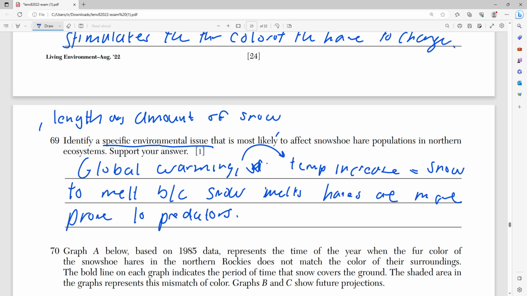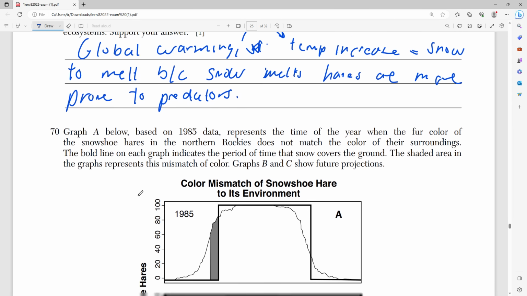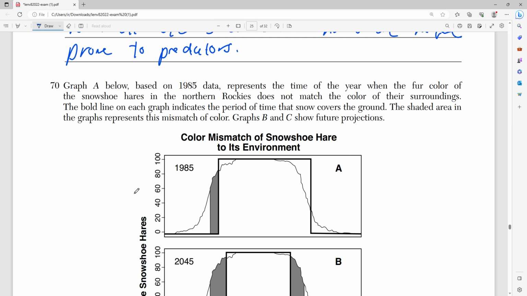Or you could say which causes them to move further north into colder areas with more snow coverage. That's all. Number 70 says a graph below, based on 1985 data, represents the time of year when the